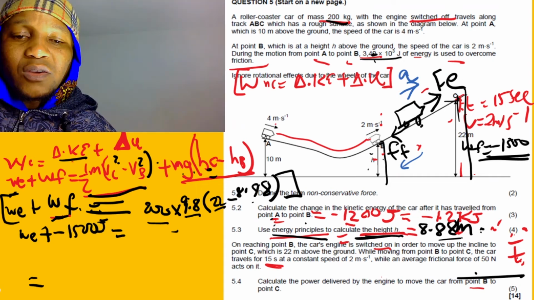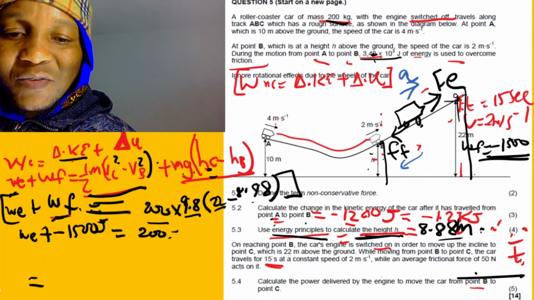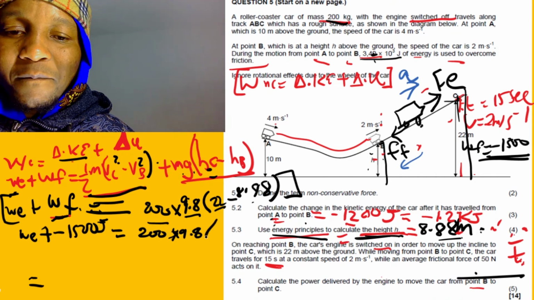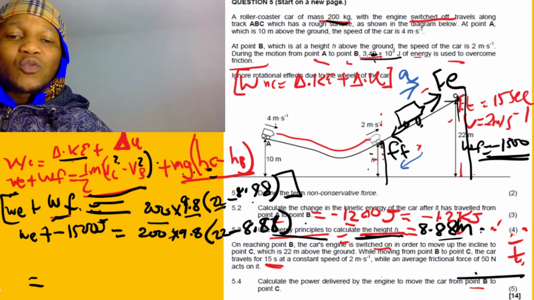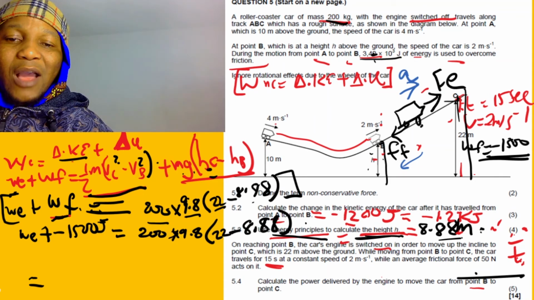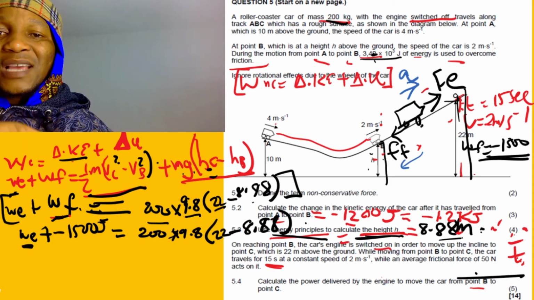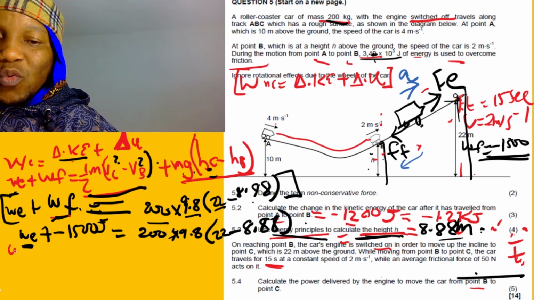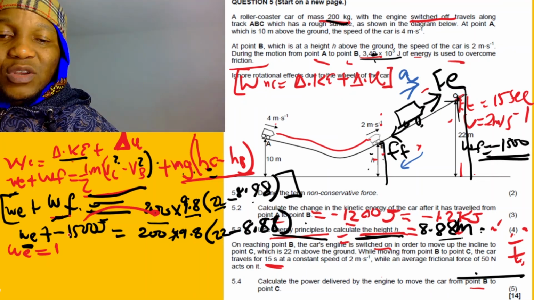If you want, you can write how it is, 200, and I'll show you how to substitute, 22 minus 8.8. Okay, so what we want to make the subject is work done by engine. So work done by engine equals, this is going to go over, it's going to become positive when it comes here, 1,500 joule plus